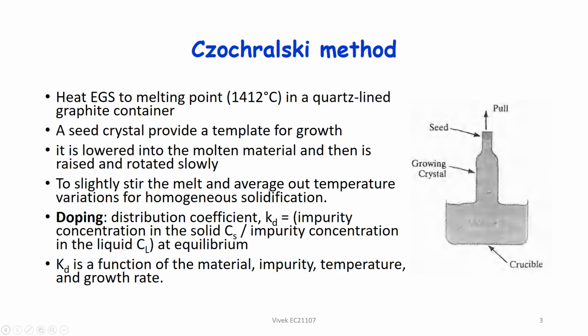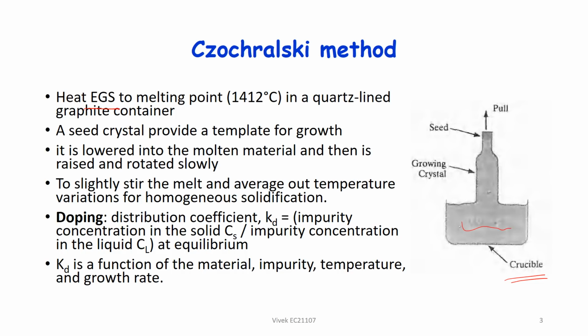Now the method that is used to get a crystal from this pure silicon. The previous slide described how to get pure silicon. This slide describes how to get single crystal silicon. That pure silicon or electronic grade silicon is heated to the melting point in a container. This container is basically called a crucible. This is the technical name for the container. It is made up of a certain material because the container also has to have the property that it does not react with the silicon.